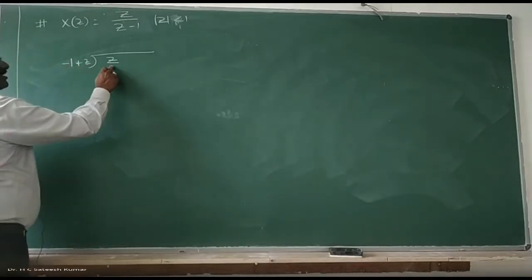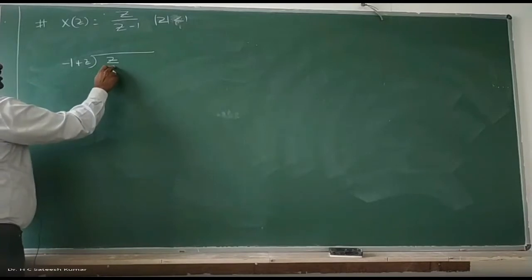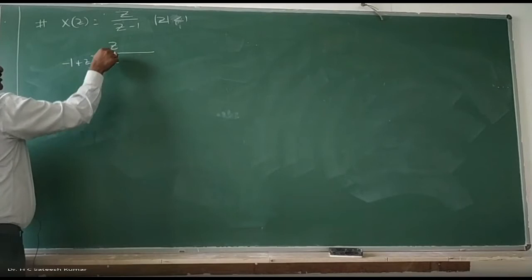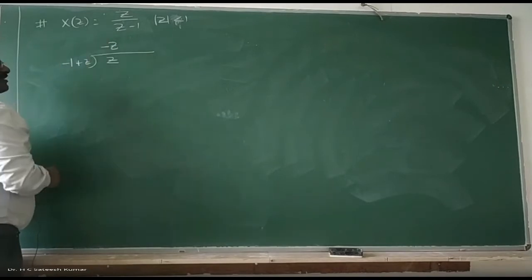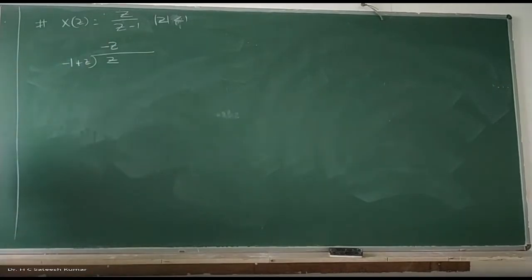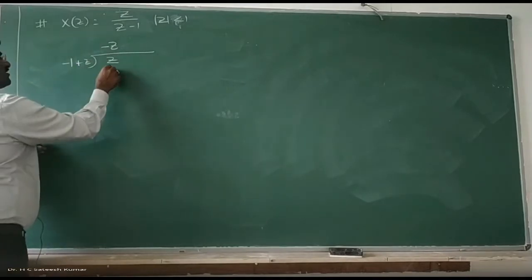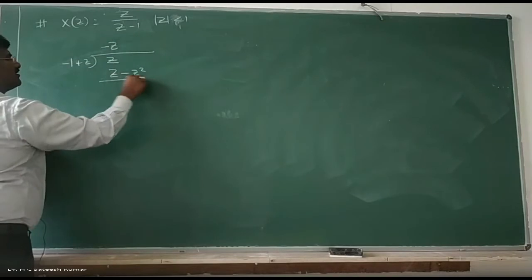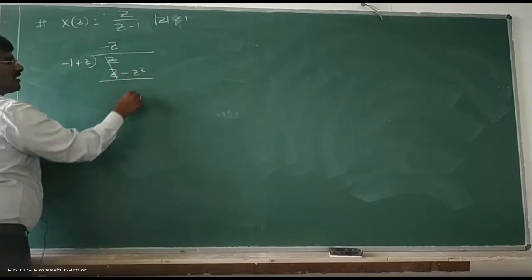Okay, right? So now you will get it automatically. I want z. What should you do? If you want to get z, multiply by z: z into minus 1 minus z. But actually you want plus z, no? So multiply by minus z. Therefore, what will you get? Minus into minus plus z, and minus z square. Cancel this one, subtract, and you will get z square.